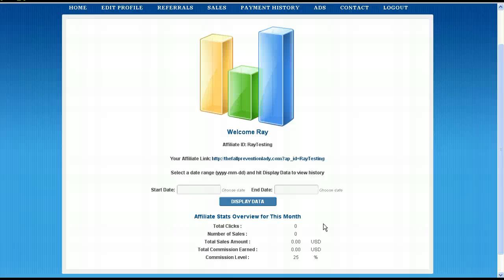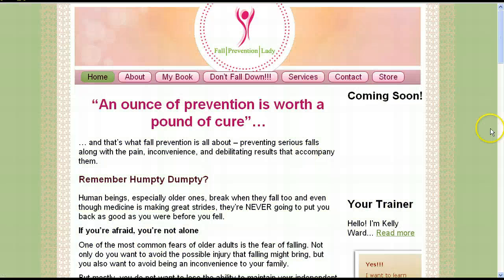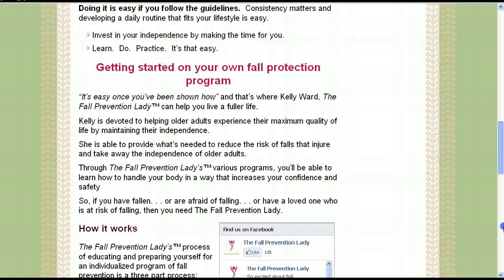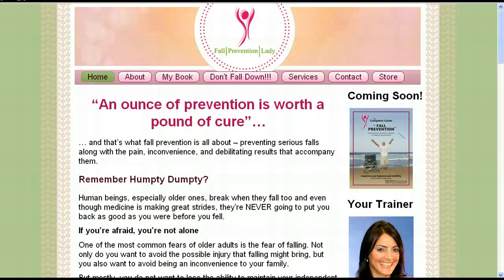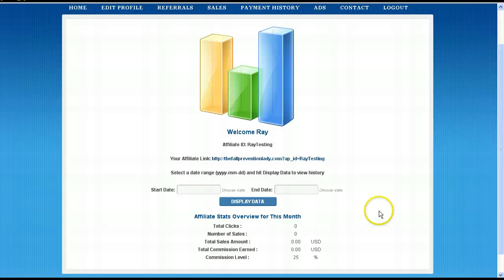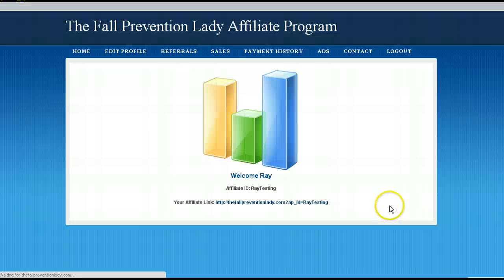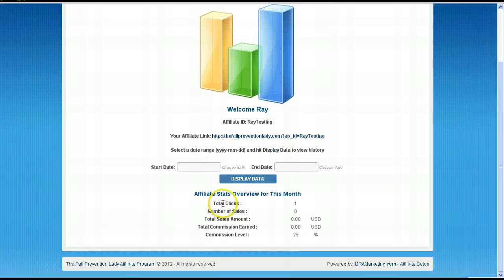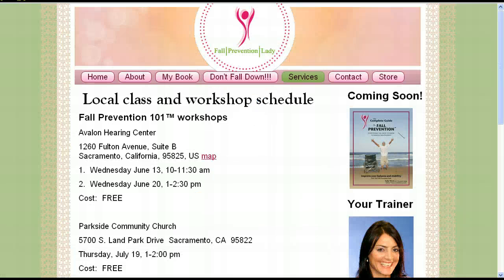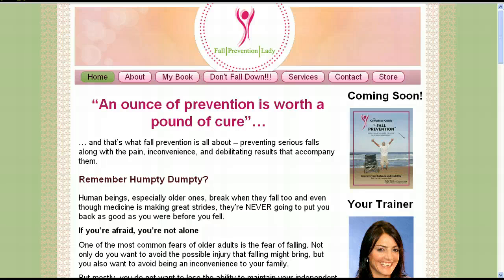But once someone clicks on this link and goes to your website, if we go here and click refresh, you'll see that now this has been updated. You can see total clicks is now 1. And if somebody goes to your store and orders something,